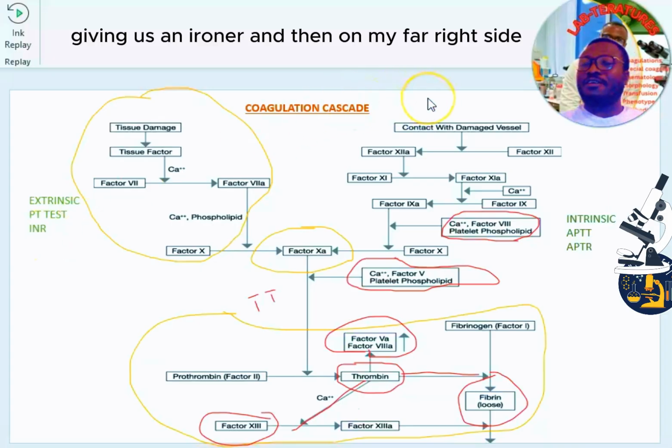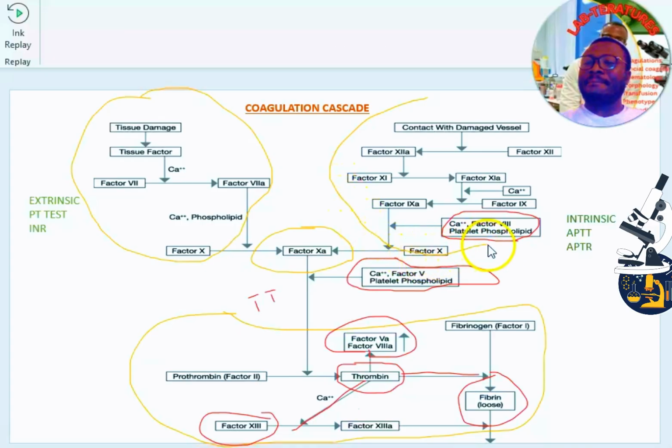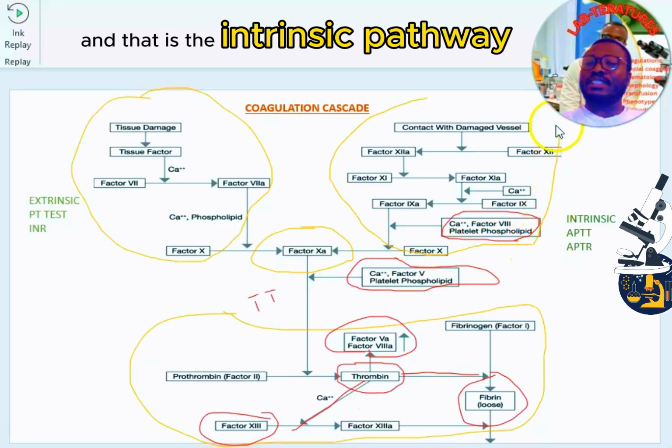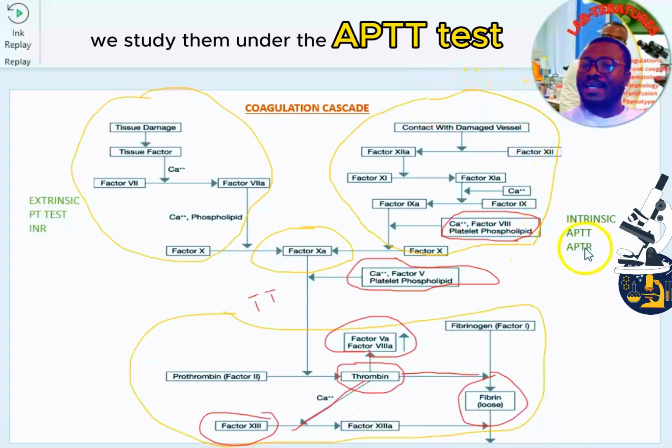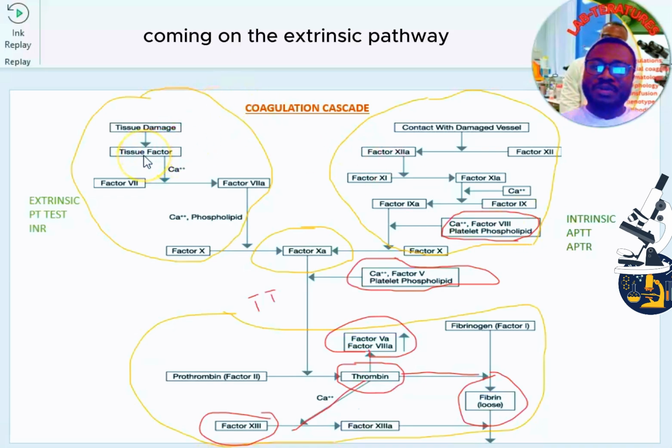And then on my far right side, I have circled all of them down here, and that is the intrinsic pathway. We study them under the APTT test. Let's go on one after the other. Coming on the extrinsic pathway, which involves tissue factors in the PT test, we have when